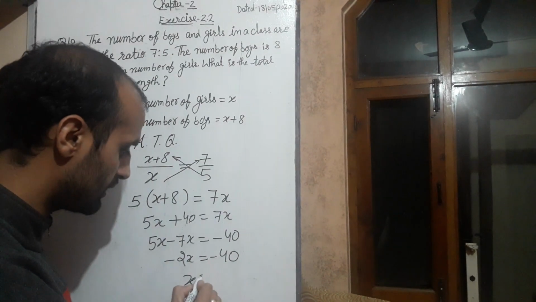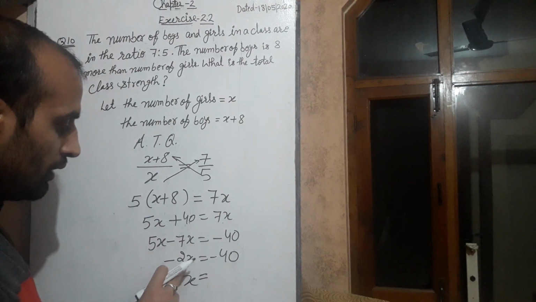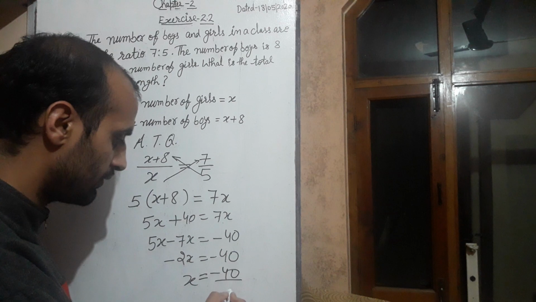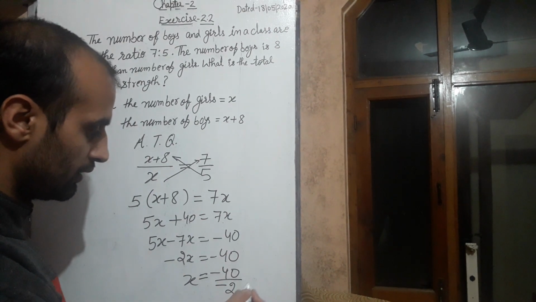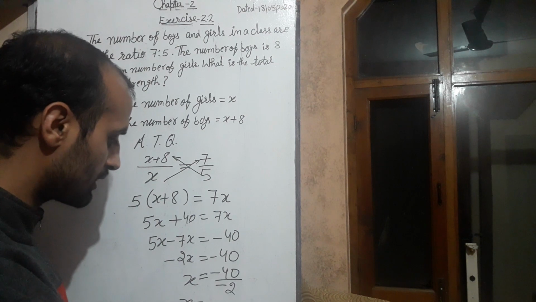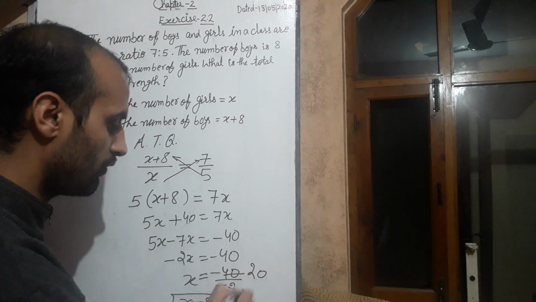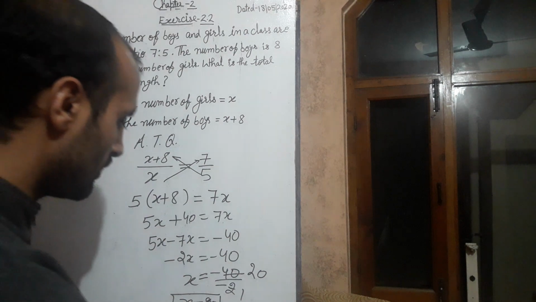Now here you can see how to calculate after this. This 2 is in multiply, definitely it will go to division. So now after cancelling, what you will get here? 2 20s are 40, so x value is 20. You can cancel here, 2 1s are 2 and 2 20s are 40. Minus and minus is cancelled. So overall the value of x is 20.